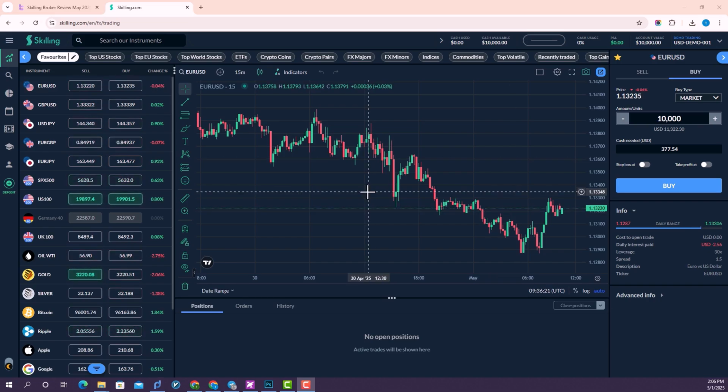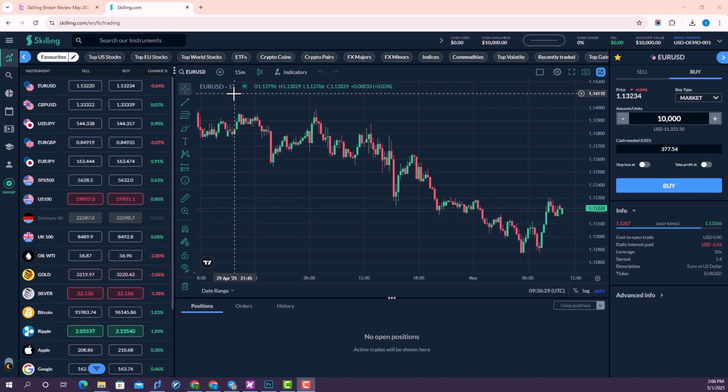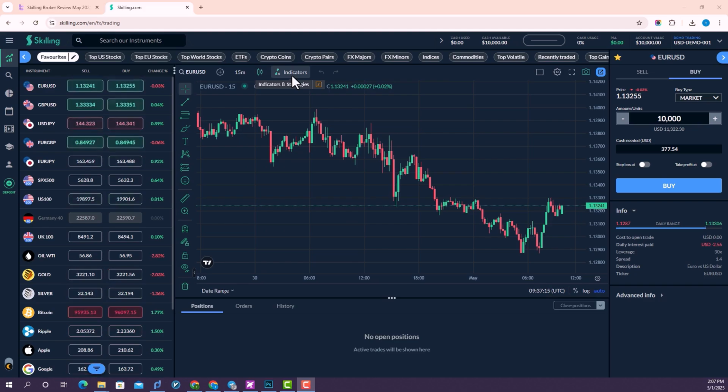In the center of the page, you can see the real-time price of the selected symbol, which is USD, with a 15-minute time frame. At the top of the page, the opening price, the highest price, the lowest price, and the closing price are displayed to you. By clicking on the indicator option in this section, you can add indicators like RSI, MACD, etc. to your chart. And there is a tool for changing the time frame in this section,